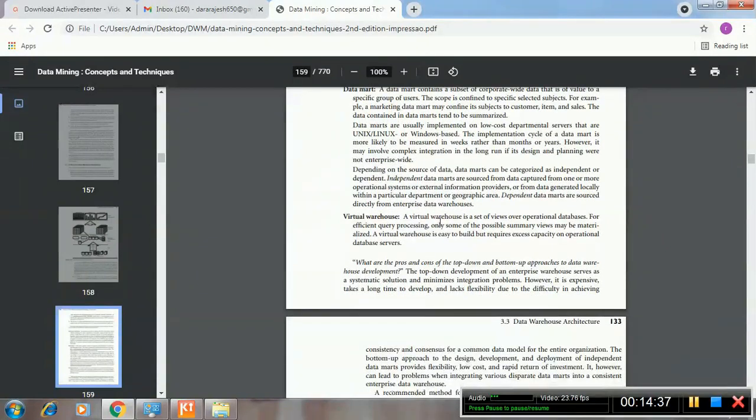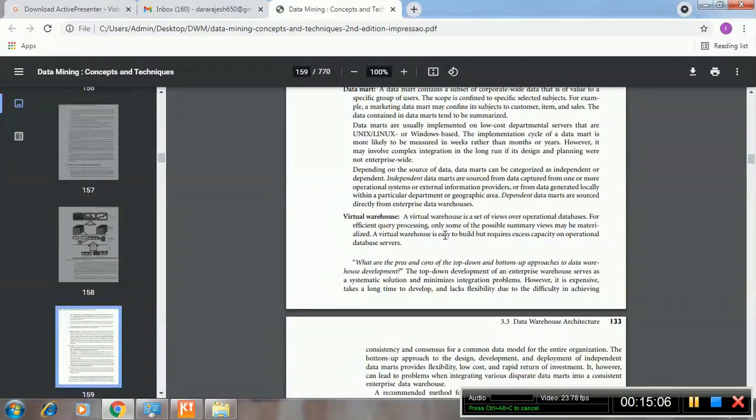Next, virtual warehouse. What is the meaning of virtual? Anybody? Virtual means which is not physically present with us. So by visualizing, we are viewing it in such a way as if it is physically present with us. A virtual warehouse is a set of views over operational databases. For efficient query processing, only some of the possible summary views may be materialized.